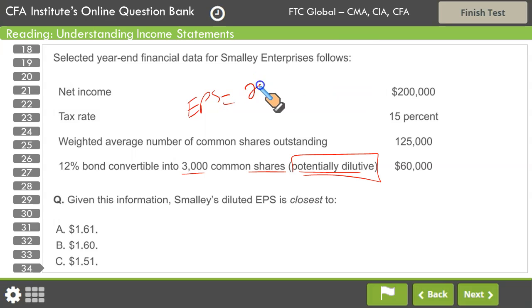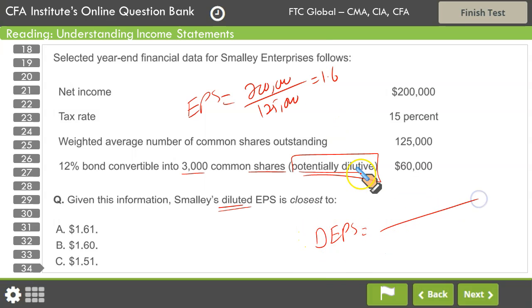So what we have is net income, which is $200,000, and the weighted average number of shares is 125. So 200,000 upon 125 will give you 1.6. We need to calculate the diluted earnings per share. All right. Let us calculate diluted earnings per share. Diluted earnings per share will involve net income divided by the weighted average number of shares. Since we have convertible bonds, which means that these bonds will be converted into 3,000 common shares in the future,